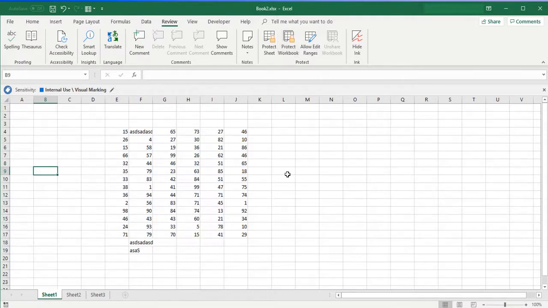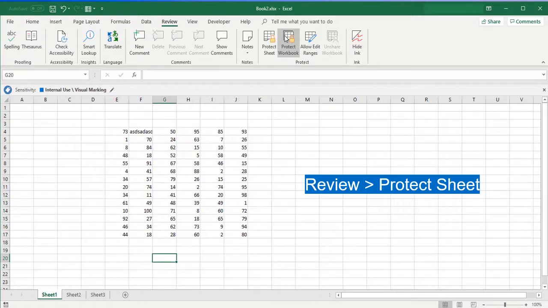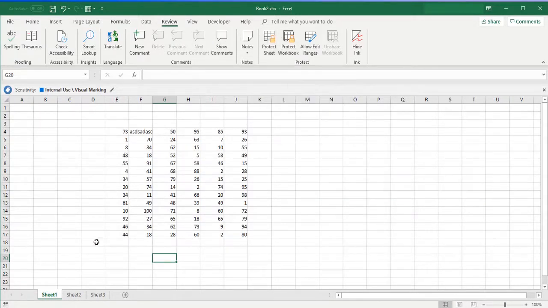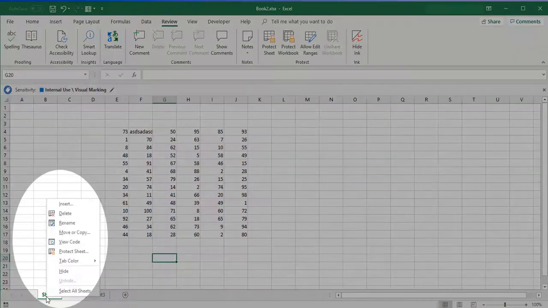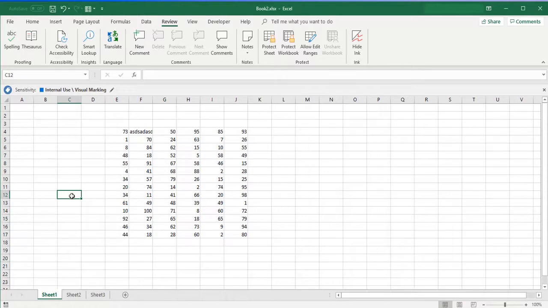Now let's see something very important when you share data with users. Protecting your worksheet means that no one can edit, format or delete the content. Let me show you how to do that. Before that, there are 4 options to protect an individual worksheet. The easiest and simplest way is by using the Review tab and clicking on Protect Sheet, or just right-click on the worksheet tab and choose Protect Sheet. Both will take you to the same page. Whichever you think is easy, you can use it.